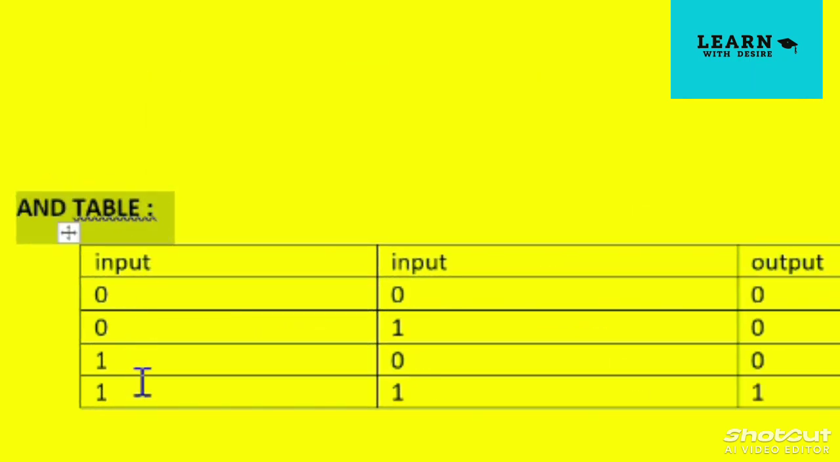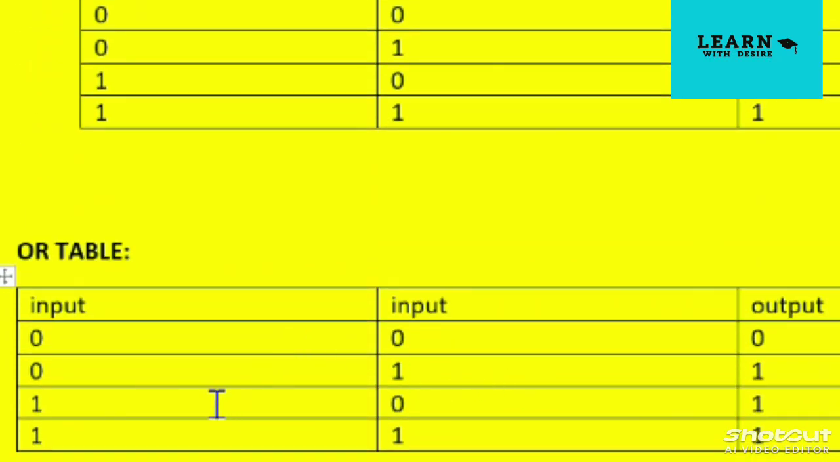Here you can see if both the inputs are high, then the output is also high in an AND operation. Here you can see, if both inputs are high, then the output is also high. When coming to the OR operation,